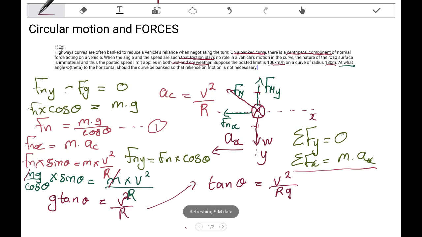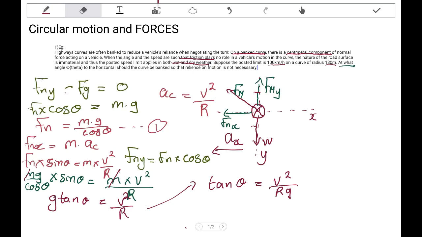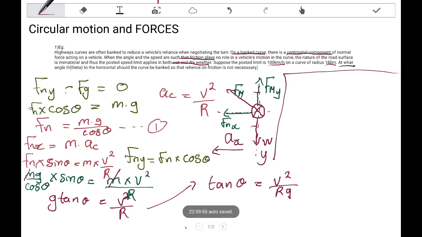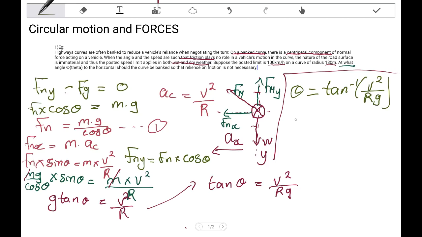If I want to calculate theta now, I have to find the arctan. So theta is equal to tan inverse of v squared over rg. Remember that I'm given that v is 100